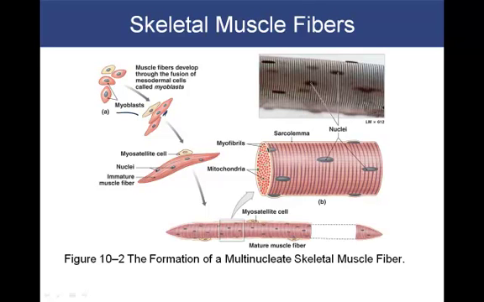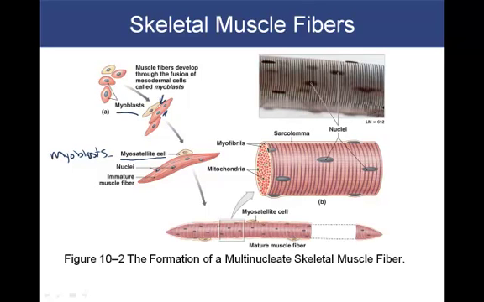Not all of the myoblasts fuse. There's always a few that are left unfused, and these are the myosatellite cells. These are still myoblasts. And myoblasts are always present. If you remember, they kind of hang out in the epimysium. And these myoblasts are there in case any type of repair is needed. These myoblasts can easily differentiate and fuse into a damaged muscle fiber and help with any type of repair issues.